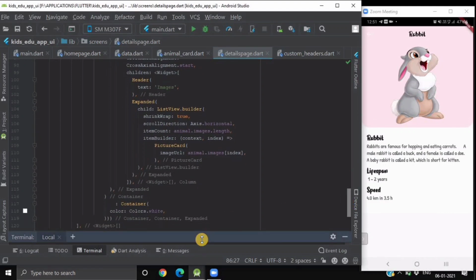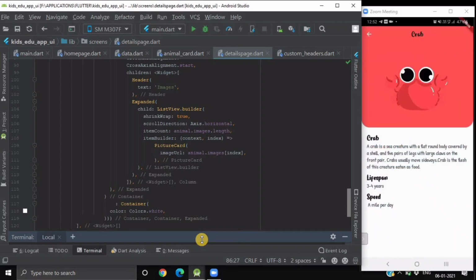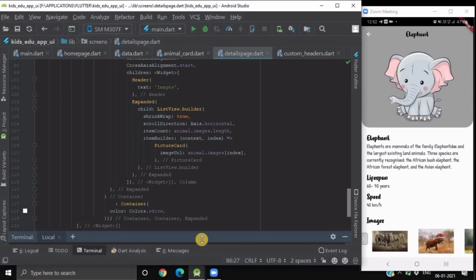So when you will hot reload it, so here you can see we are having a placeholder of loading GIF until the image was loaded. And here we are having a beautiful horizontal list view. Now if you go back, and now our crab animal is not having any images to fetch from the network. Okay, so that's why we simply have a container of white color. But if we go to elephant, now yes, you can still see the loading sign, and after that we have got a fade in network image.